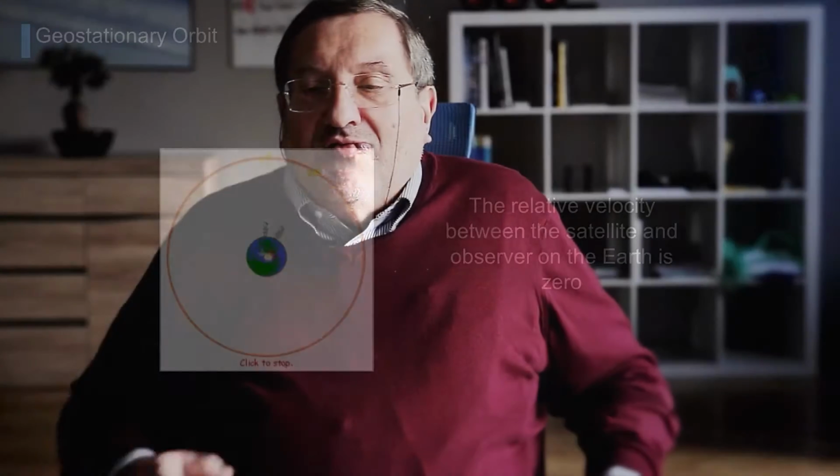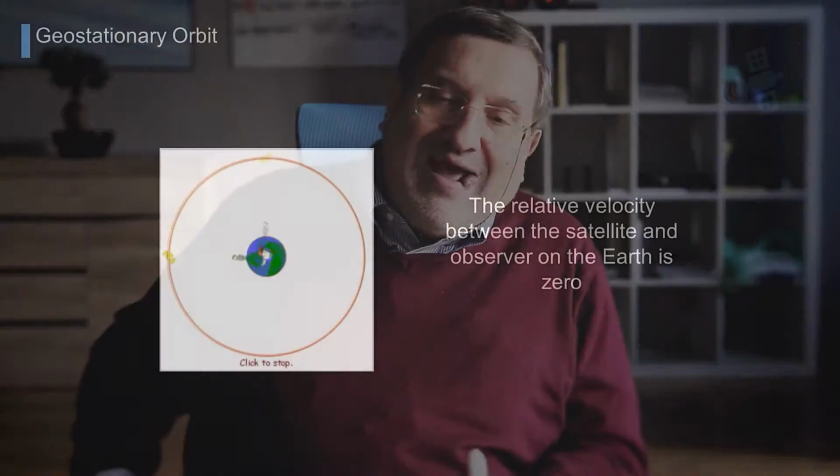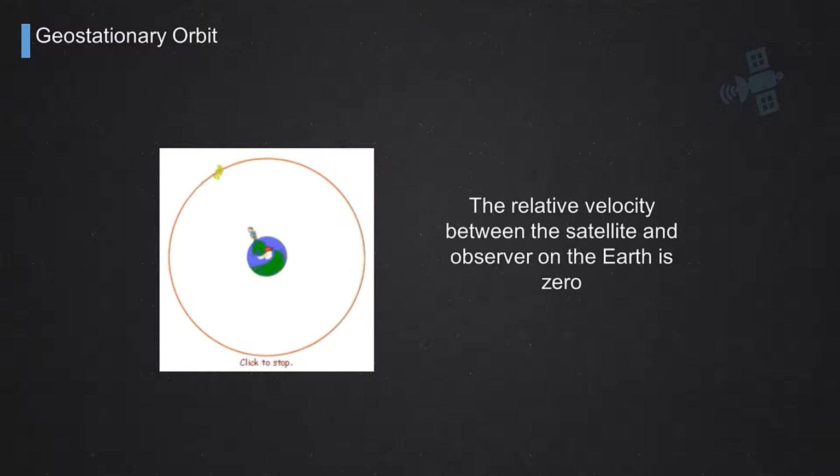And this is very good for TV broadcasting, for instance, for all communications where you want to point at a certain satellite and not move, and you don't want to track the satellites and move the ground antenna to follow them. All the antennas we use for TV reception, for satellite TV broadcasting, are fixed. I mean, they are not following the satellite. This is thanks to the geostationary orbit.